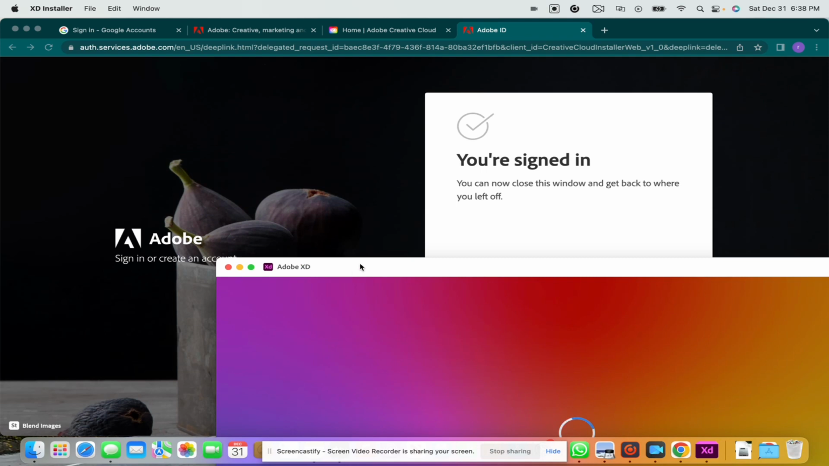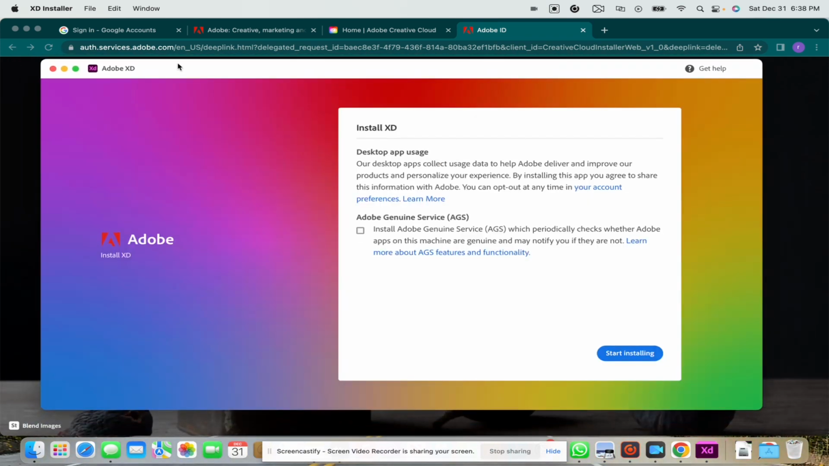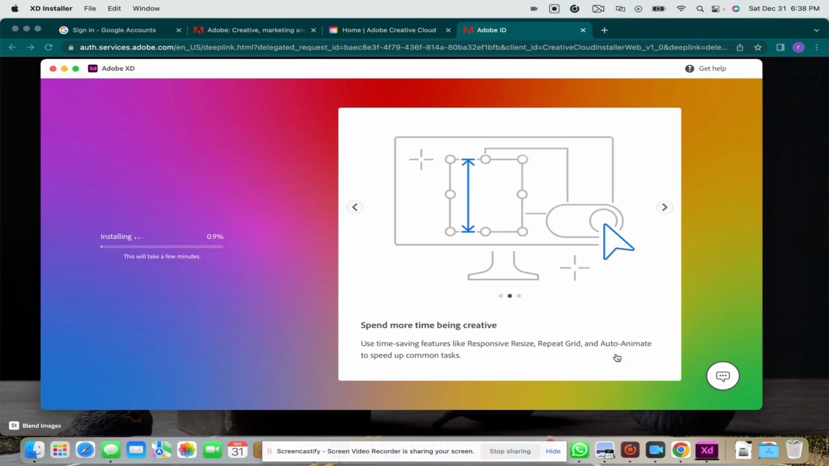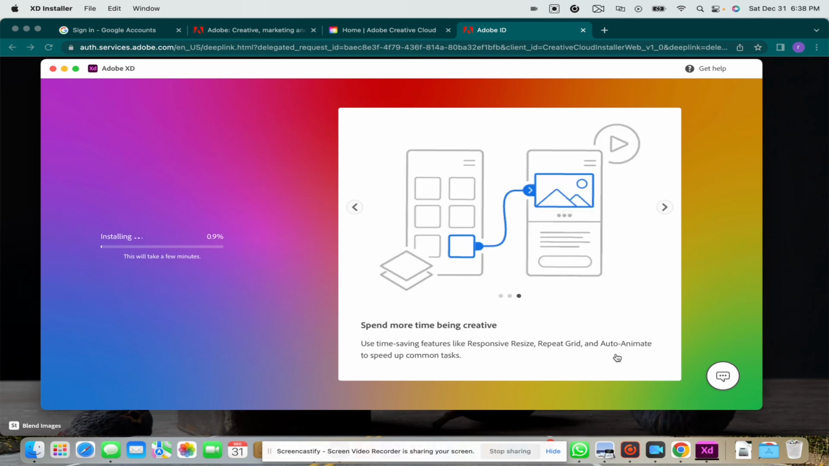Okay, it downloaded some of the assets. No, I'm not going to install Genius Service right now. I just need to download this quickly so I can show you guys the prototype. Come on. Okay, while this is downloading,